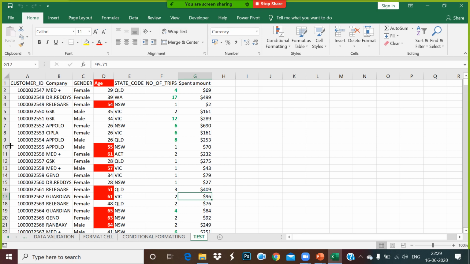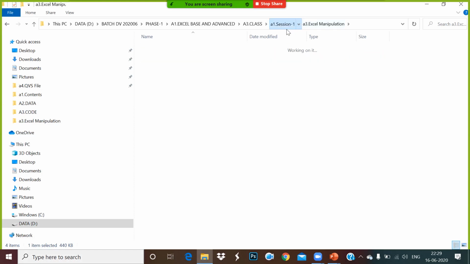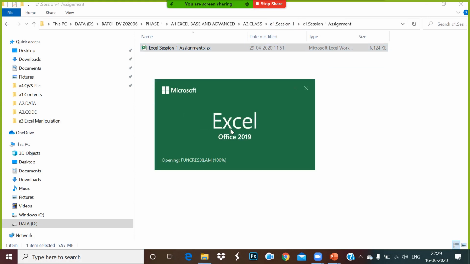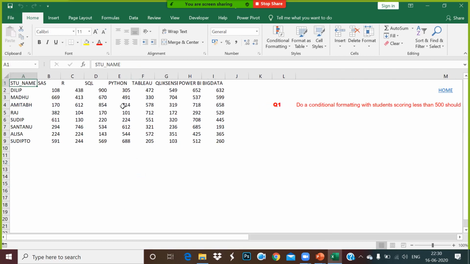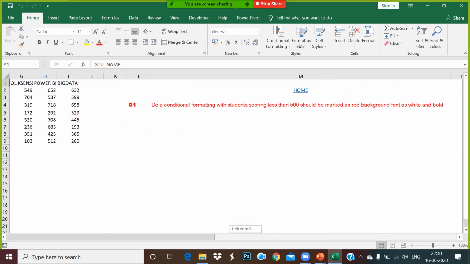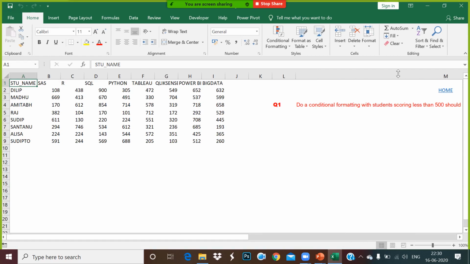Okay. Got it. So guys, this is what I have done in session 1. Soon after we finish session 1, you have been given some assignment here. Can you see this assignment, guys? Yes. Open this assignment and try to finish as much as you can from this. There is a test which is given on conditional formatting. The question 1, try to solve that.